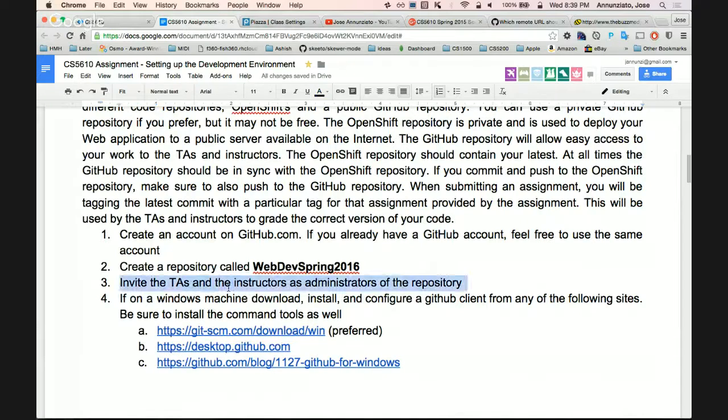And I would ask you to please invite the TAs and myself to be collaborators in your repository, so we will be able to see exactly what you're doing. If you run into an issue, we'll be able to help you right away.